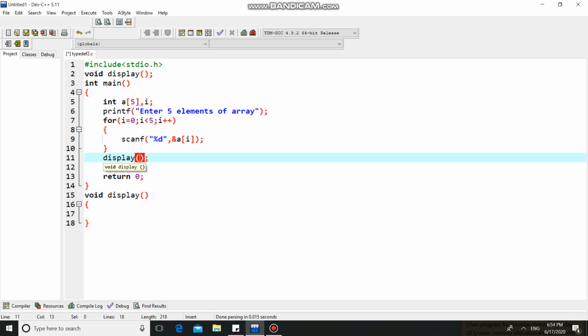You can pass the array to the function by passing the individual elements, but that is not an efficient method. In the second method, we pass the entire array by passing the base address of the array. That is, either you can use &a[0], or you can use only the name of the array. The name of the array is itself the base address of the array.